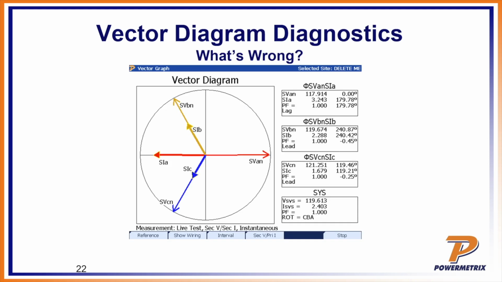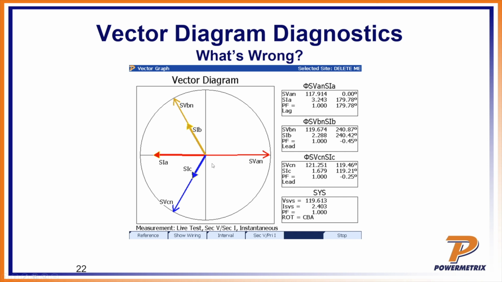So here's a good example of being able to utilize a vector diagram to see what is wrong. Here we have a 9S vector diagram. Right off the bat, you're able to see a couple things. One of them, notice that we have this full color vector diagram that you have on all our Pyrometrics equipment. Another thing you'll notice is that the current vectors are all different lengths. My amplitudes are different. On phase A, I have 3.2 amps. Phase B, I get 2.2 amps. And on phase C, only 1.6. So something is wrong, my currents are all different.